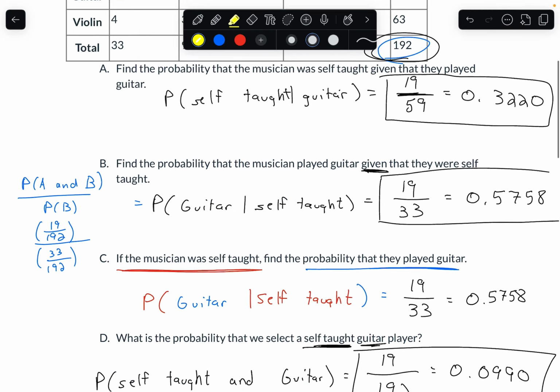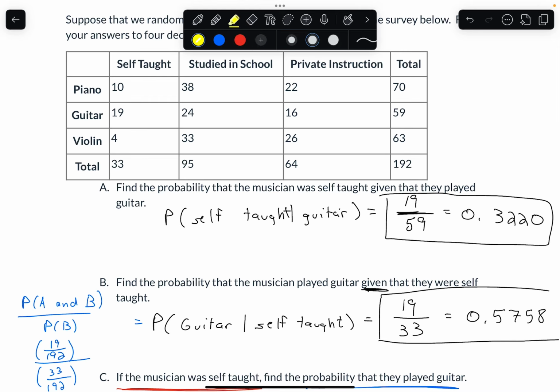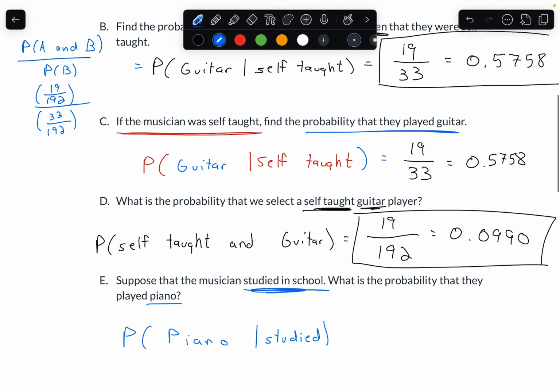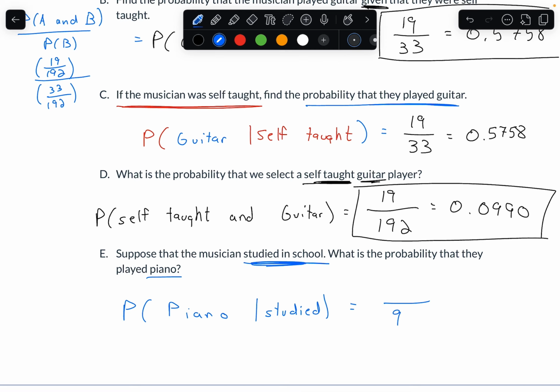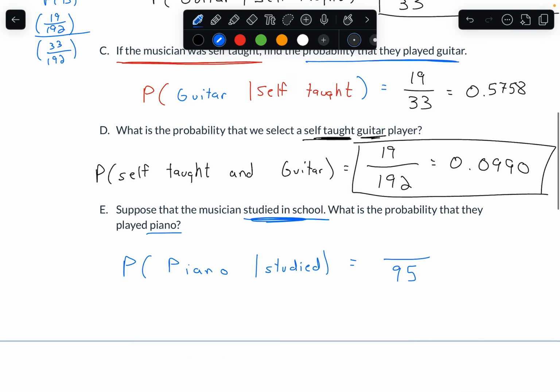So scrolling back up one more time, I know that the individual studied in school, which means I'm looking at this row, and this is this column. And this column is the only thing that I care about. So I have a total of 95 individuals that studied in school. So out of the 95 people in my survey that studied in school, how many of them played piano? Well, we have 38 individuals that played piano. So 38 out of 95 gives me 0.4. Just 0.4 on the